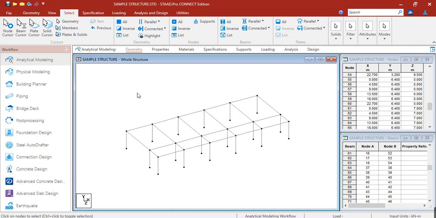Okay, so also if you don't want to go back to the select menu bar and you want to move to the node cursor, you can click the space bar. Then as you can see, a command will prompt in your screen, so you can have the select group, label group, loading group, utilities group.